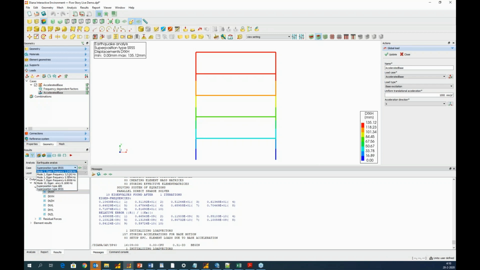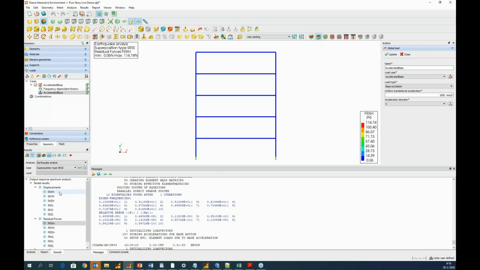Let's do that also for the residual force, starting with the ABS rule. So it gives a maximum of 141, and for the SRSS, a maximum of 114, so a lower value.